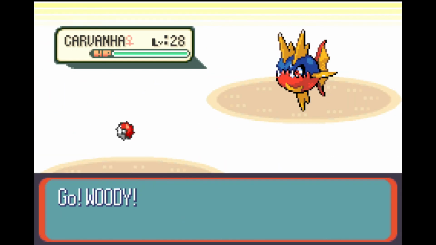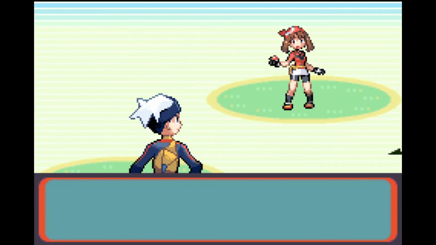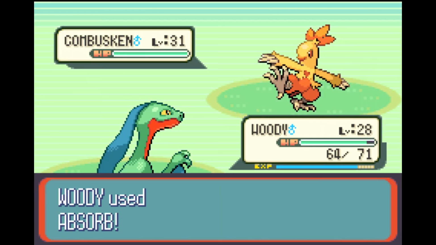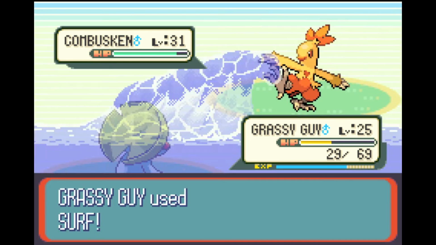It's a Tropius. Then I go to the Weather Institute, and Aqua Admin Shelly's Pokemon were pretty easy 1 and 2 shots, and the May battle was also not that difficult. So after this May battle, we're at almost a halfway point in the game,